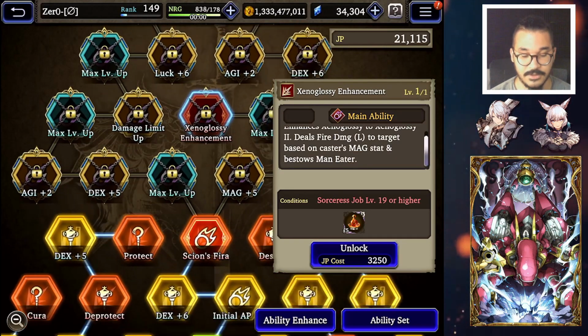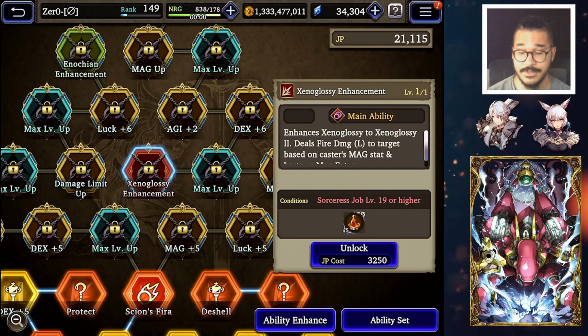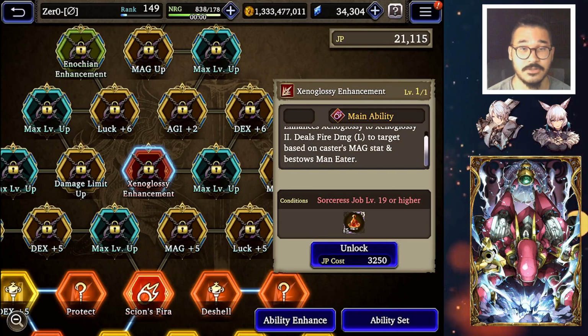Okay, so Ishtola, job level 19, she will get Xenoglossy enhancement, where it will become Xenoglossy 2. This will deal fire damage large to target based on caster's MAT stat and bestows Man-Eater. Now, why is Man-Eater important? Because Man-Eater here, it doesn't care whether the damage that you'll further deal will be magical or physical or non-type,